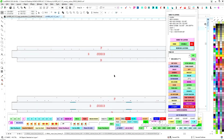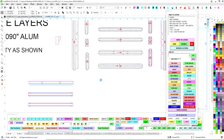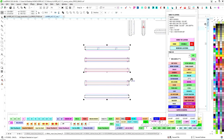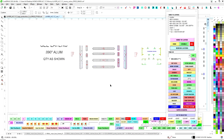Because it's important that if you didn't name something, it might grab it because it wasn't named, so it doesn't know. It's not like it has AI built in yet. So I kind of look and I just see basic outline shapes, wireframe, and so that's all junk. So I save it, and